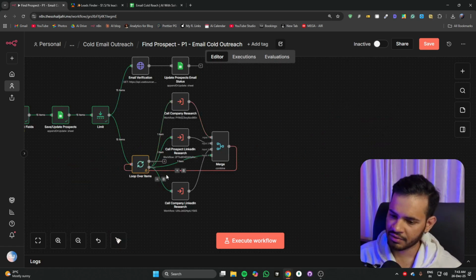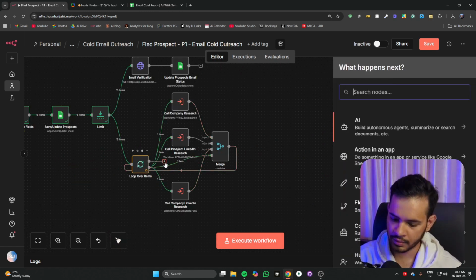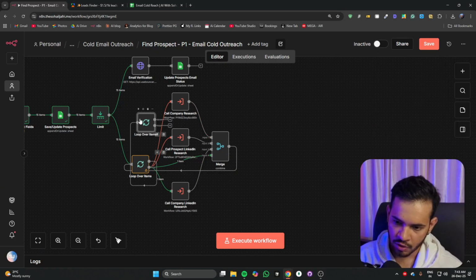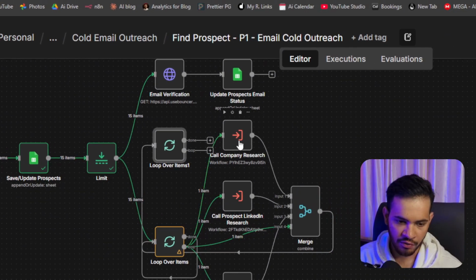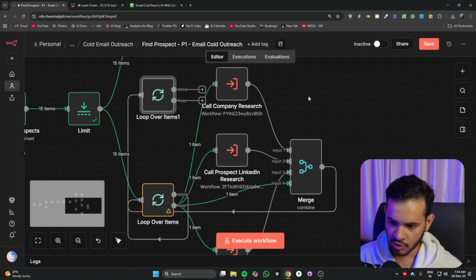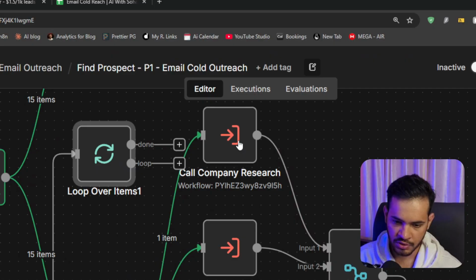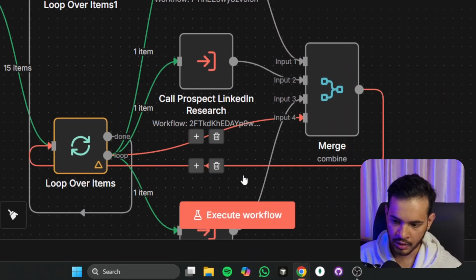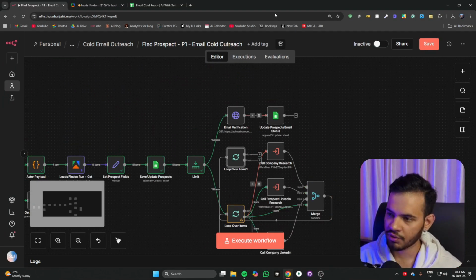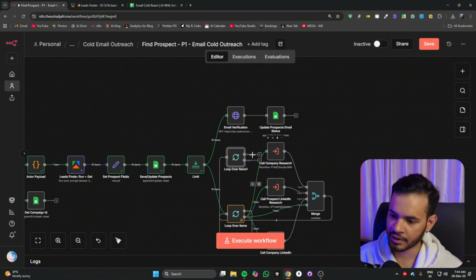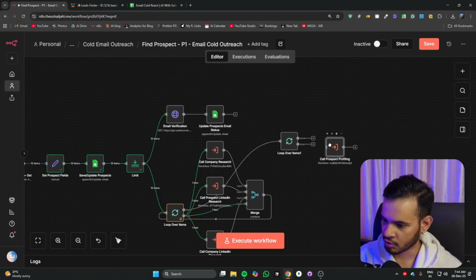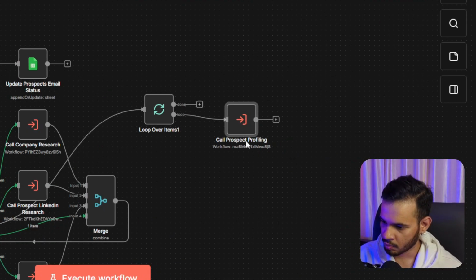Now whatever data we receive from this one, we are going to loop it again in a second loop. Why are we doing a second loop? Because initially we did not have any context about the company or the data we have on the prospect. So first we ran the company online presence research, prospect LinkedIn research, and company's LinkedIn research. Now we have data. Now we can do a profiling of the prospect and determine whether we can reach out to him and whether he will be a good prospect for us or not. So I'm going to loop and do a prospect profiling,